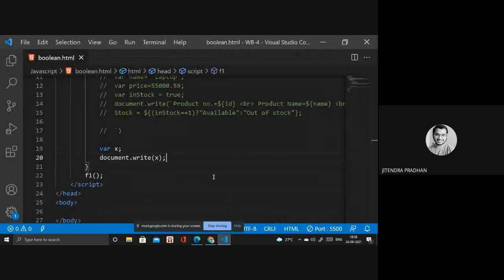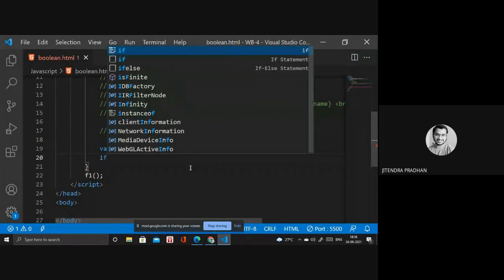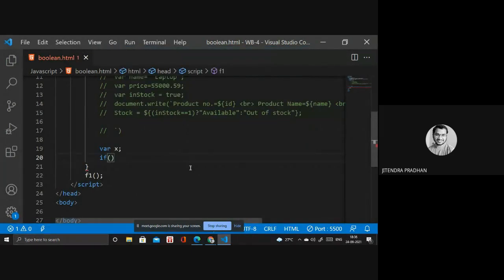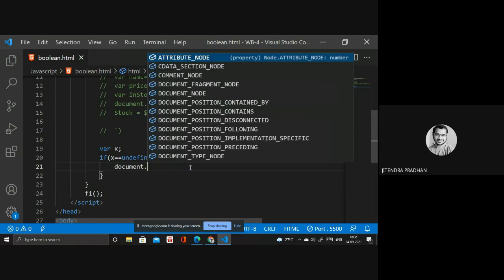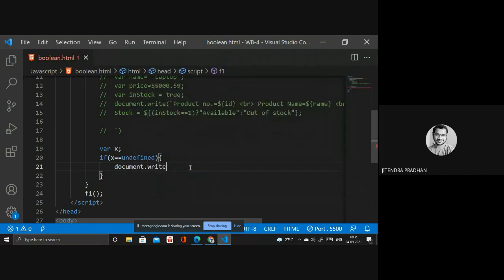Okay, so I will write a condition: if x equal undefined, in document.write we have to print x value is not defined.